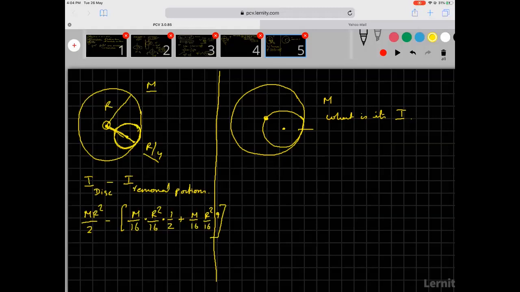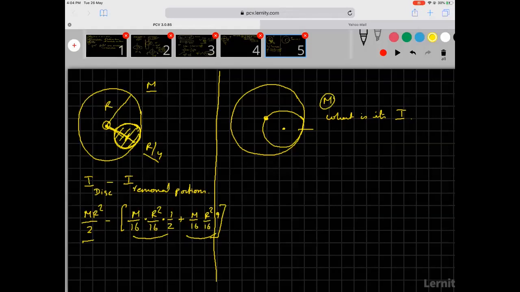Okay, so I hope you are able to understand. This is the moment of inertia of this disk. This is when you do parallel axis theorem for the axis from this point to this point. Then from the original disk you remove this. Okay, here the challenge is different. Here the challenge is that mass after you remove this is m.